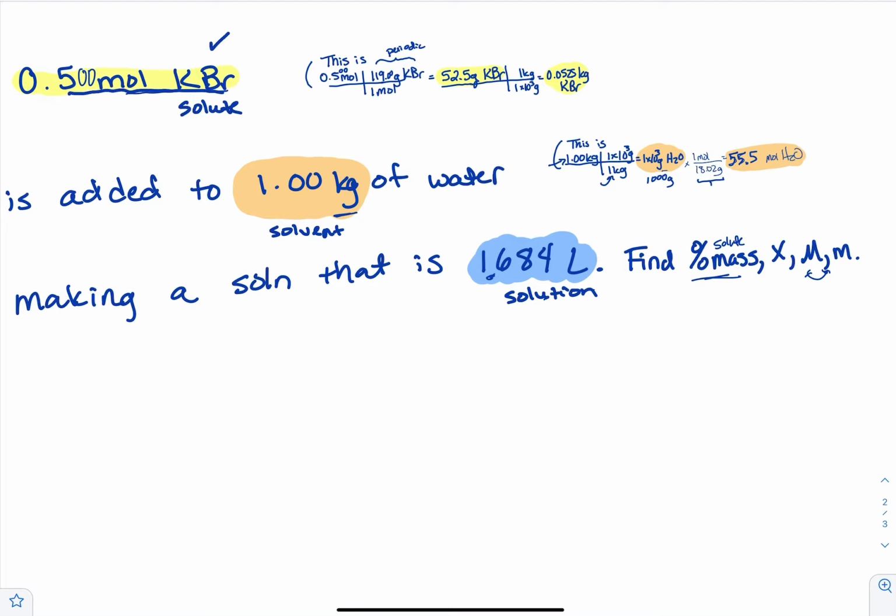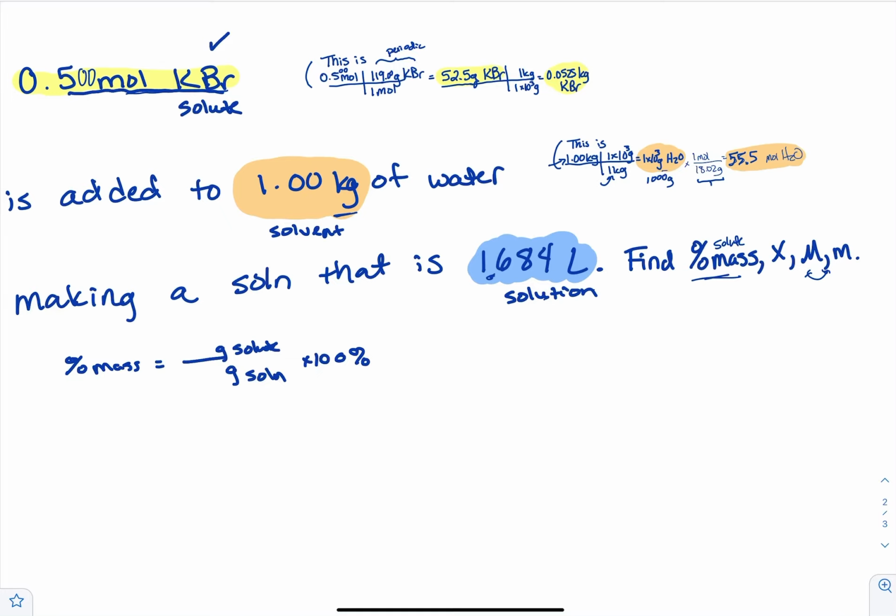We're going to start with the percent mass, and you did this before in Gen Chem 1 when you did empirical formulas. So percent mass is a unit. We're going to do grams over grams, and this is grams of your solute over the grams of the solution. Note, they can also ask you for percent mass of the solvent, so pay attention to what the problem is asking, because with these units you could do it either way. This one tends to be grams of solute, though, and then that's times 100%.